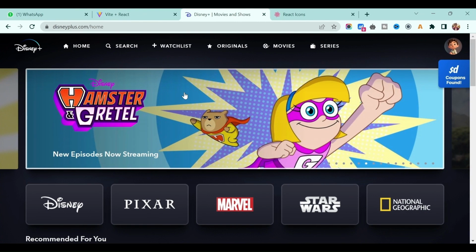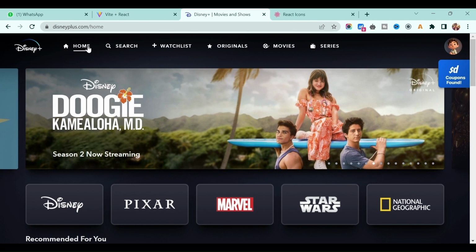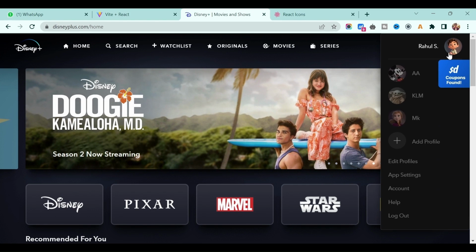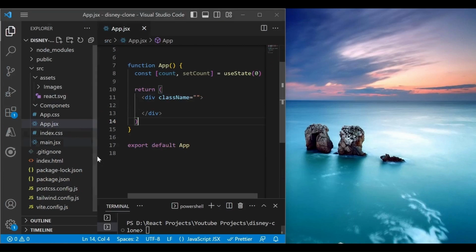So now if you see on the header, we have the logo on the left side corner, and then we have icon and the name of the menu: home, search, waitlist. And on the right hand side we have this profile icon. So let's go back to our application